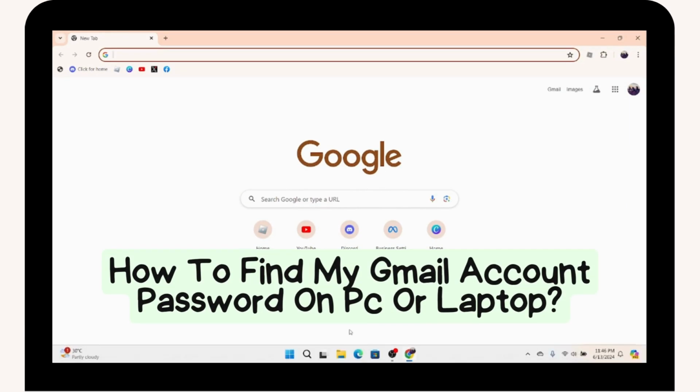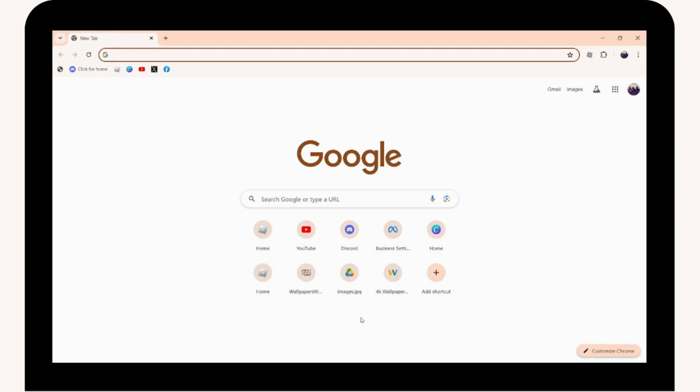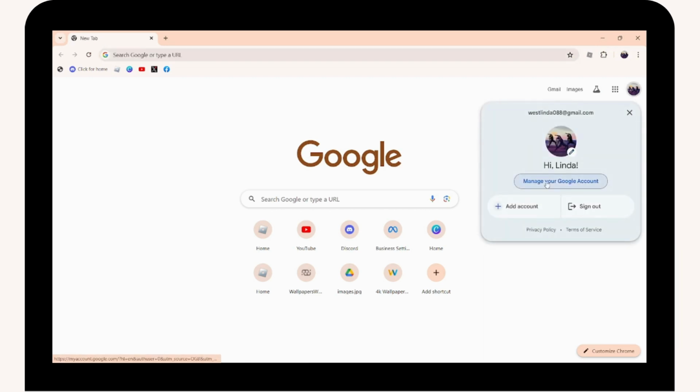How to find my Gmail account password on PC or laptop. So if you want to find your Gmail account password, then open up a browser, any browser that you're comfortable with. I'll be here with the Chrome browser. Go to the upper right, which has that profile. Go for Manage your Google Account